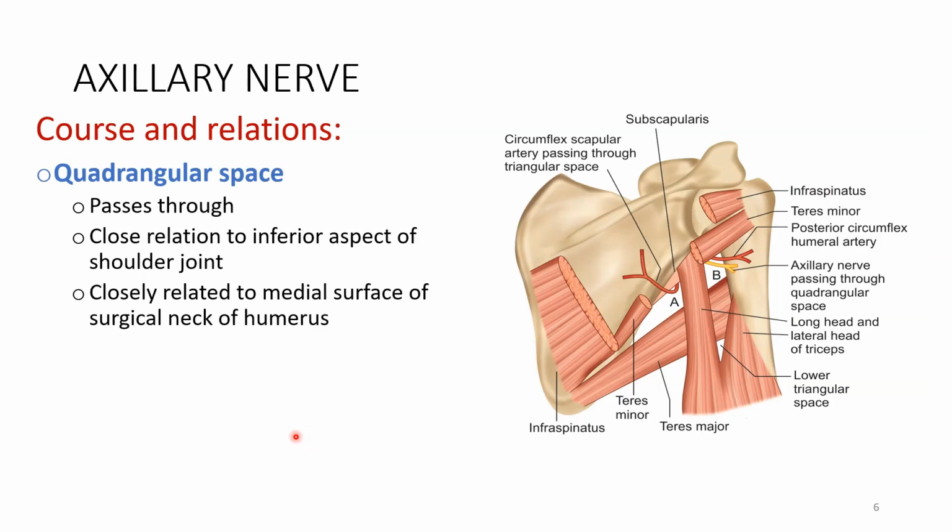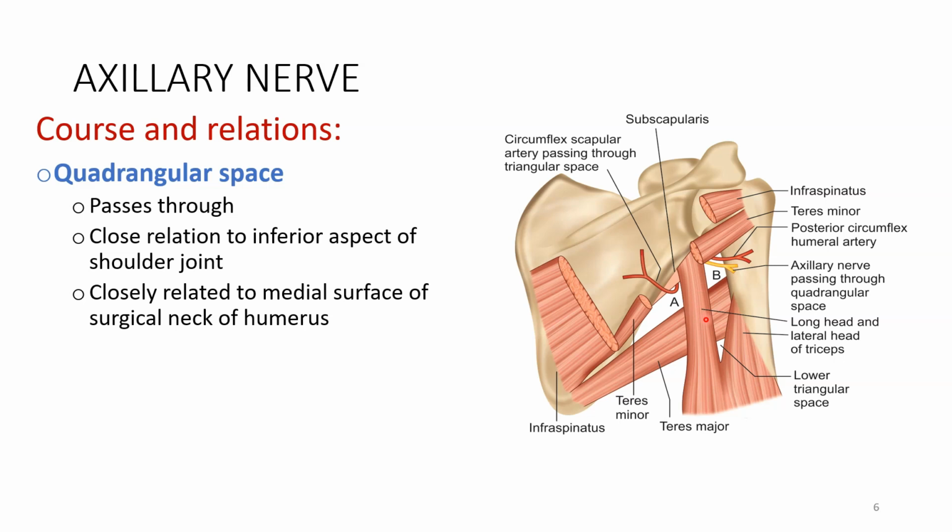Now in this picture you are seeing it in the quadrangular space. So in the quadrangular space, it is closely related to the inferior aspect of the shoulder joint, and it is closely related to the medial surface of surgical neck of humerus, which is forming the lateral boundary for the quadrangular space, whereas the medial boundary is by the long head of triceps